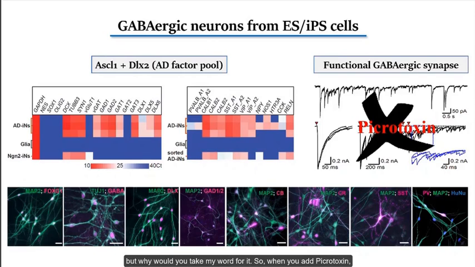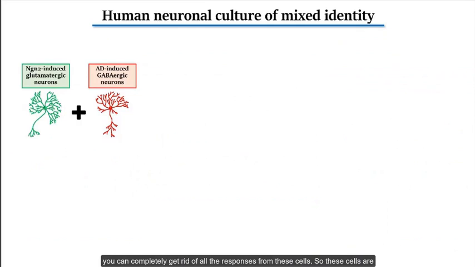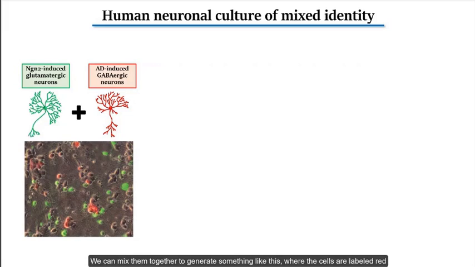But why would you take my words for granted? When you add picrotoxin, you can completely get rid of all the responses from the cells. So these cells are purely GABAergic neurons. Now we have transcription factor dependent protocols, with NGN2, that can make glutamatergic neurons. You can also make GABAergic neurons with ASCL1 and DLX2, and